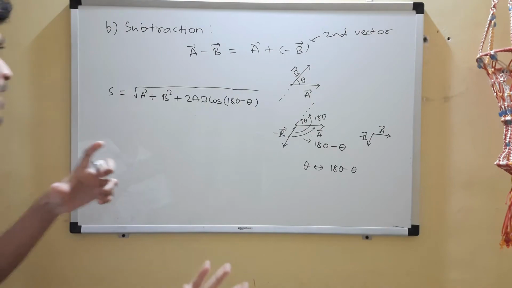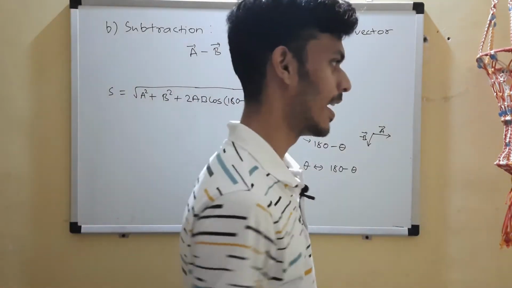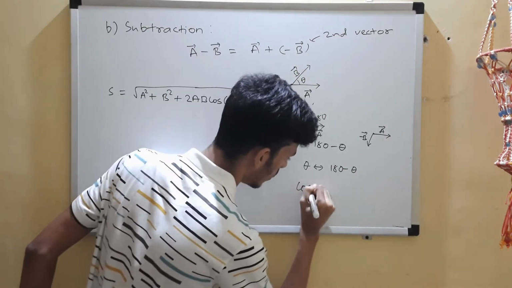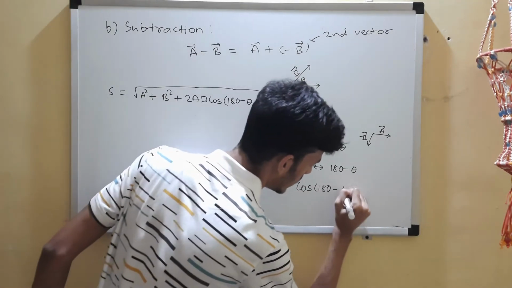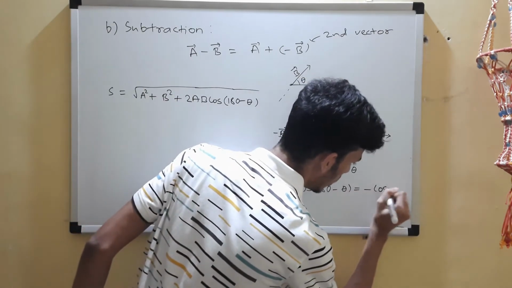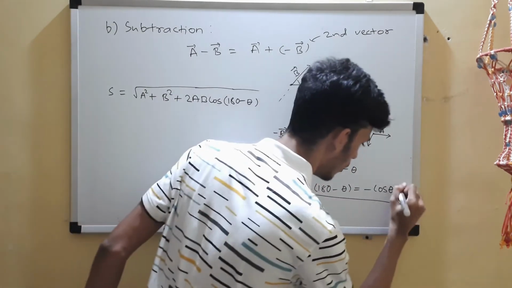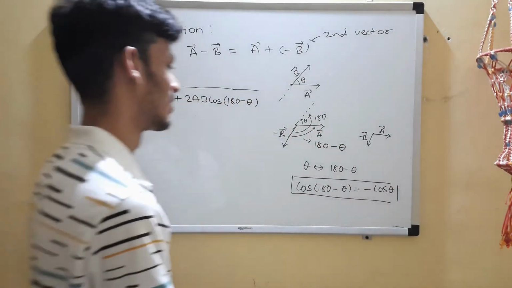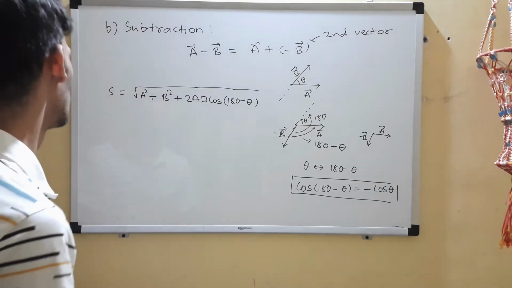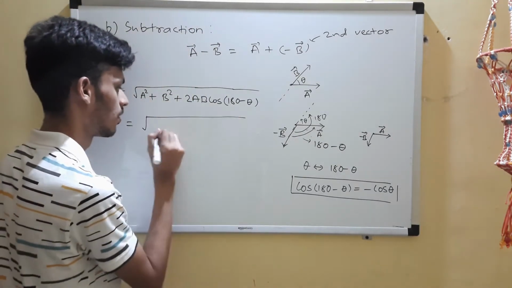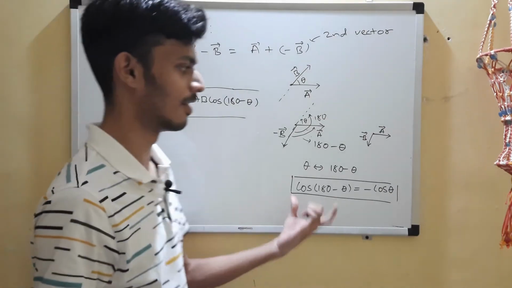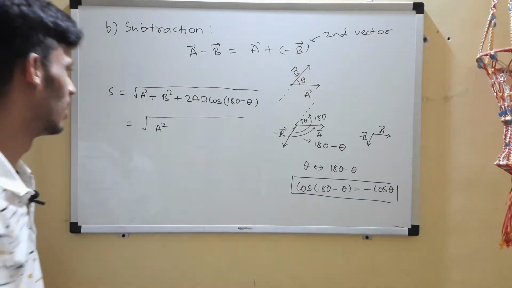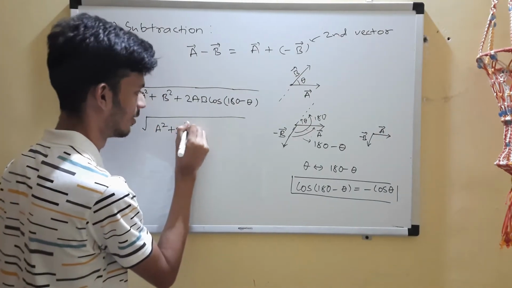So this lecture will be somewhat biased to somebody who is good at maths. Those who are not, remember that cos of 180 minus theta will be minus cos theta. You note down this result for today. The lecture is going to be a bit harsh on you. Sorry for that. It's the truth. You learn this by heart, right? All students take coffee. I think math people, bio people will be like, sorry.